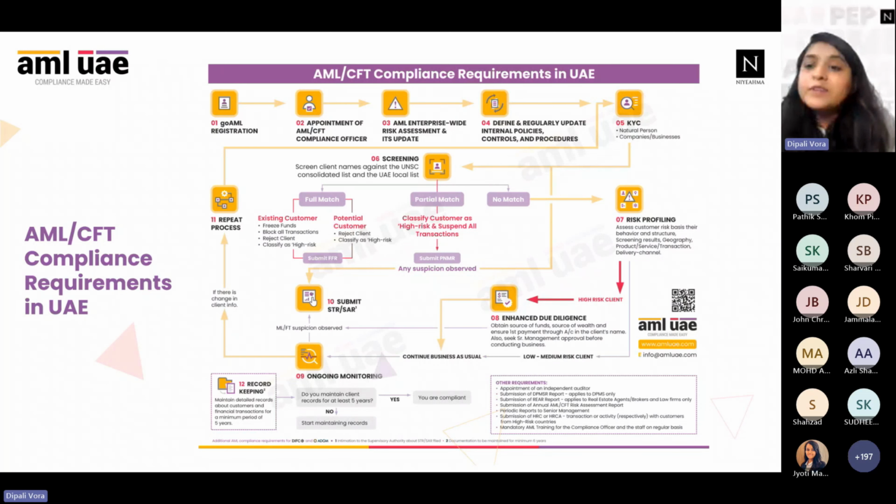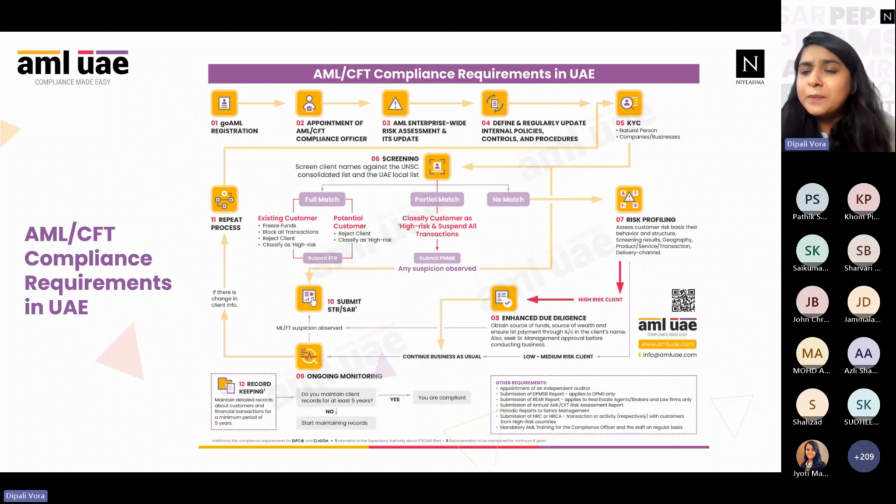So point number 3 emphasizes the kind of transactions we enter into, the customers that we deal with, what nationalities they belong to, how we are onboarding our customers, how we are completing a transaction, as in how we are accepting the payments, whether cash, virtual assets, or maybe through bank transfers, checks, what exactly. So all of these factors are going to impact our company's risk. That holistic calculation of risk is the enterprise-wide risk assessment.